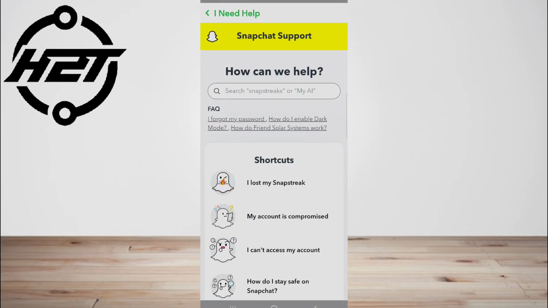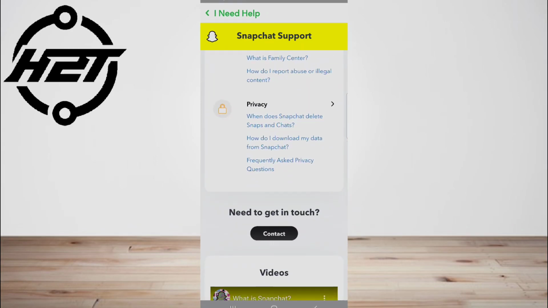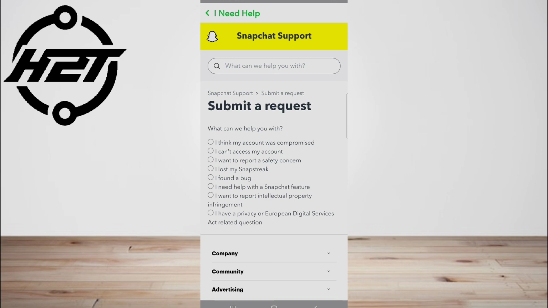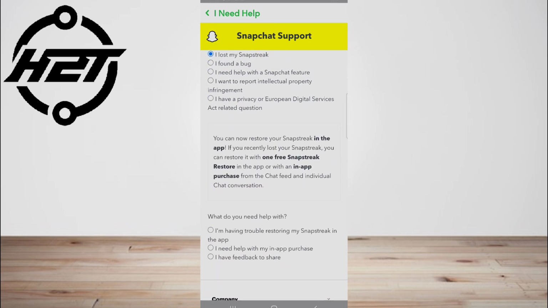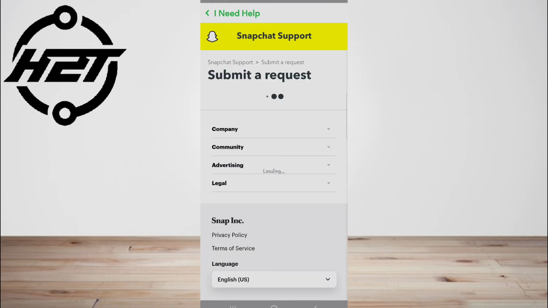Or from Snapchat Support's page, go to Snapchat Support, then select Contact Us. Beneath the How Can We Help section, choose My Snap Streaks Have Disappeared or I Lost My Snap Streaks.